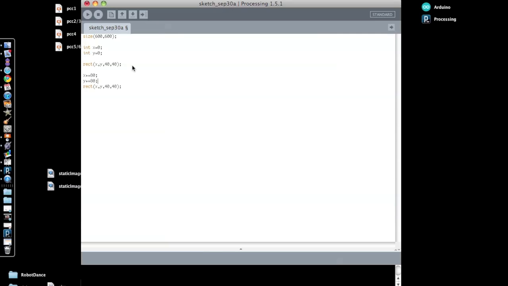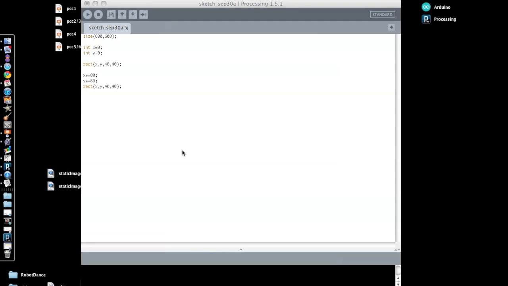So let's just focus on this for a second. This thing here, I've got X, which is my variable. We know that the equals is for assigning a value, and you can probably intuitively guess that plus is for adding something. This is what's called a compound operator, where we mash together two features. So we're assigning a value of 80, but we're going to add that to the value that's already in this variable. So this is just a neat way of making your code a little more compact. So if I run this now,